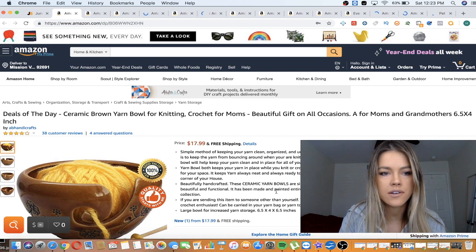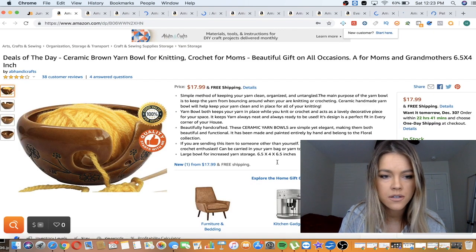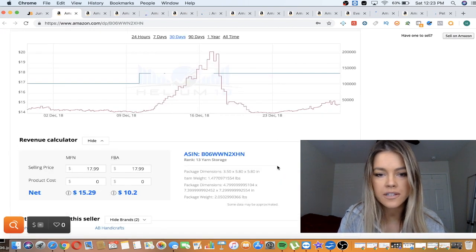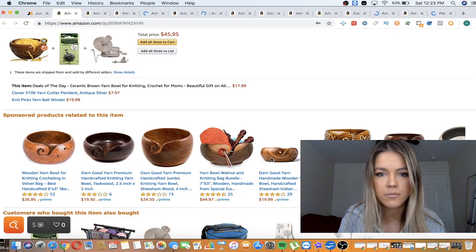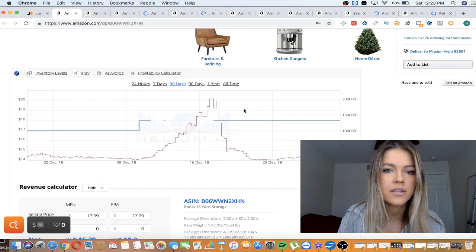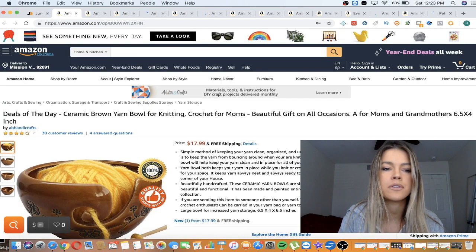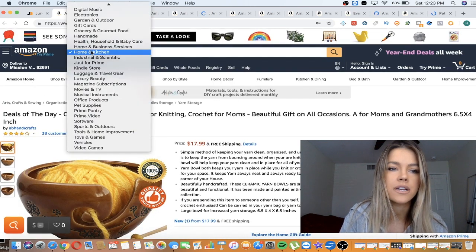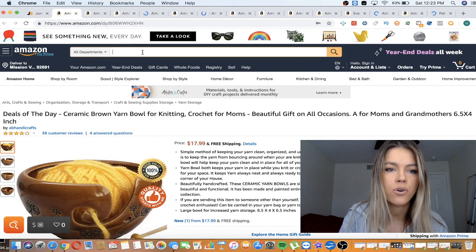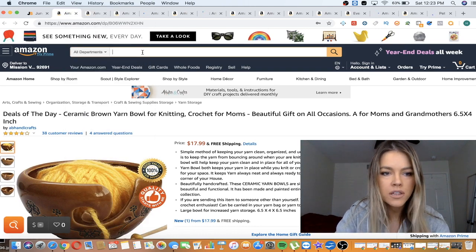This is the ceramic bowl yarn for knitting. That's interesting. What I like to do is see how long they've been selling for and compare myself on that level to the people. There's a lot of them, so they've been around for a while. How you do it is you type the most general key phrase into Amazon and check the market for it. So I go to all departments and then let's do